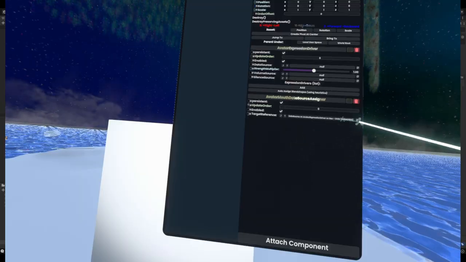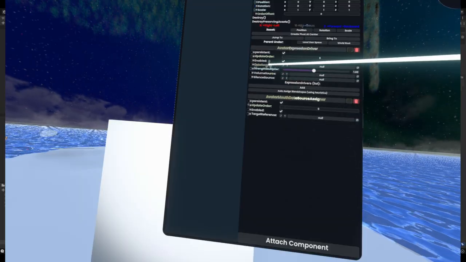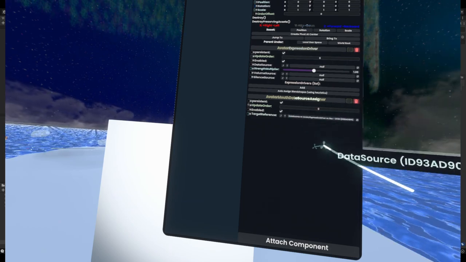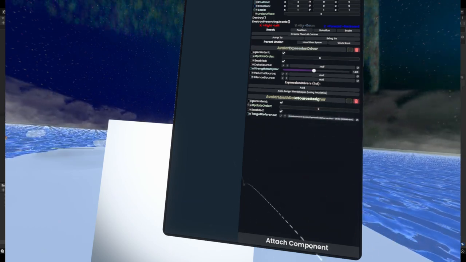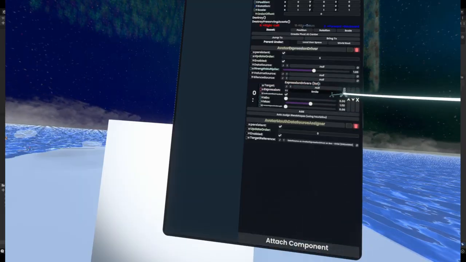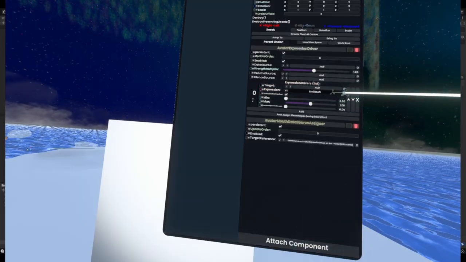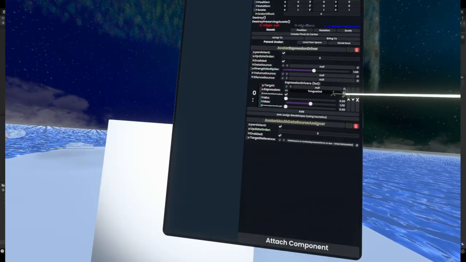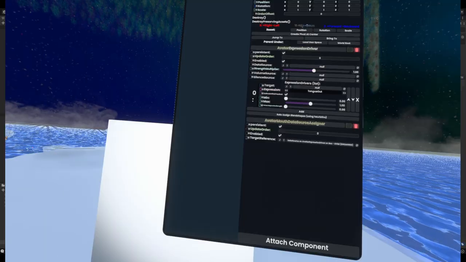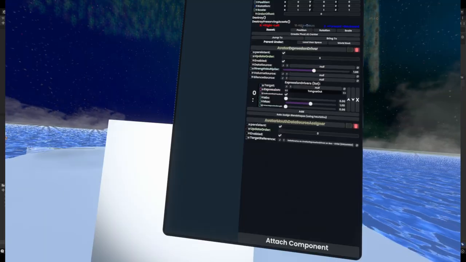I'm just going to show this again. You grab the data source and you slot it into the mouth target reference. Now, once you've done this, you can just click on your expression drivers, add, and from the expressions list, just select which expression you want. So let's say, for example, tongue out. And then all you need further beyond that,